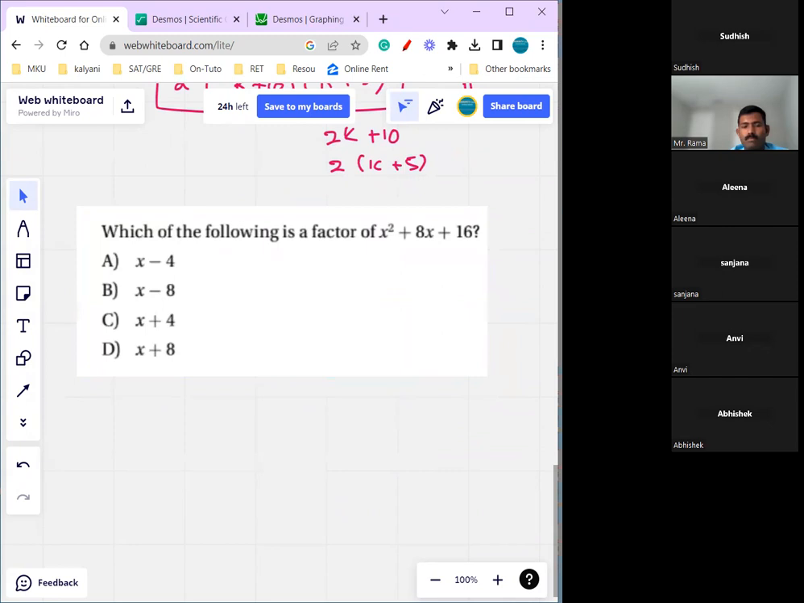Yeah. Which of the following is a factor of x squared plus 8x plus 16? A, x minus 4, B, x minus 8, C, x plus 4, D, x plus 8. Let's go ahead and try this one. These are the one test question. Simple ones, but